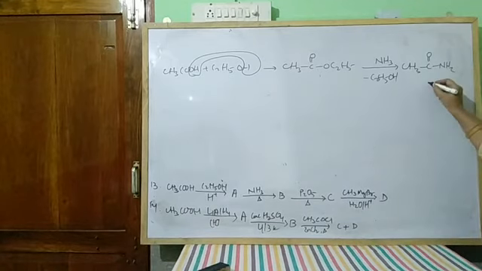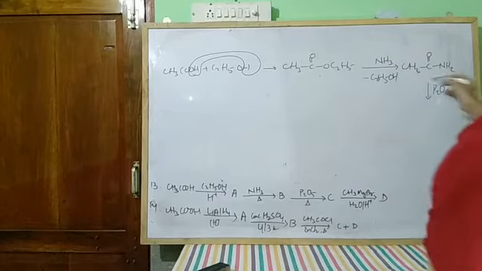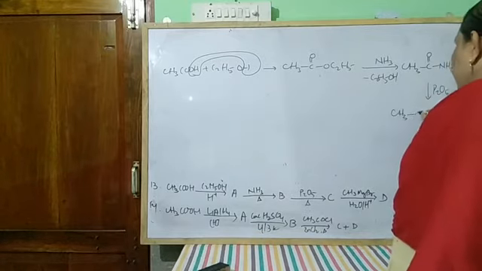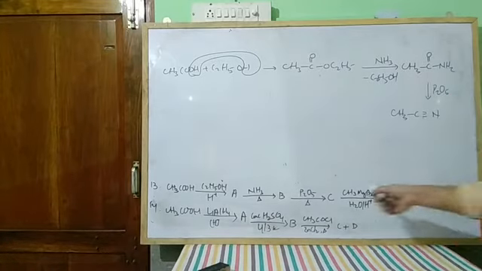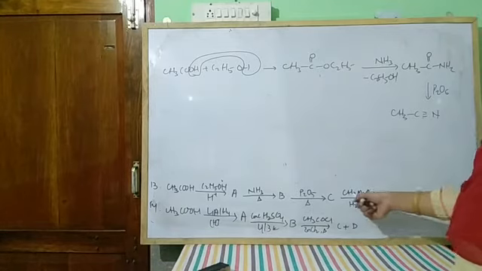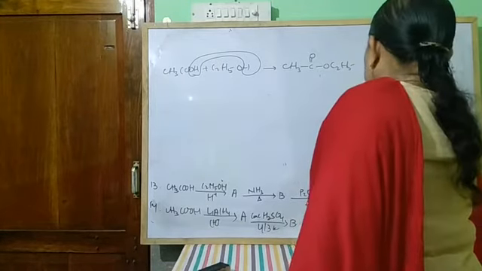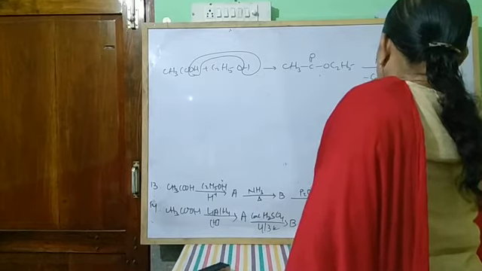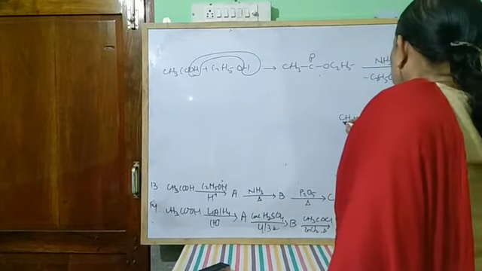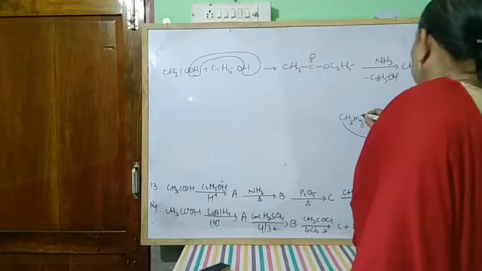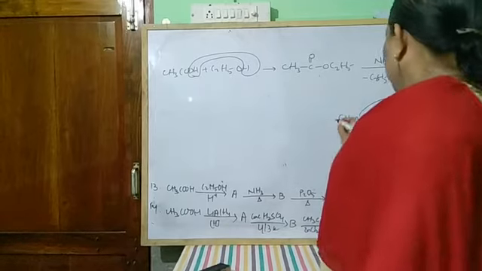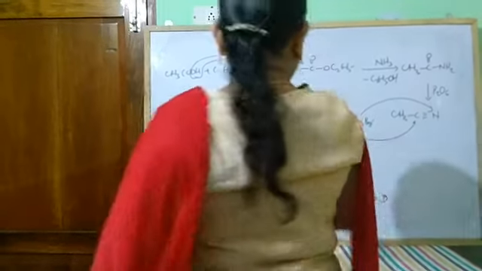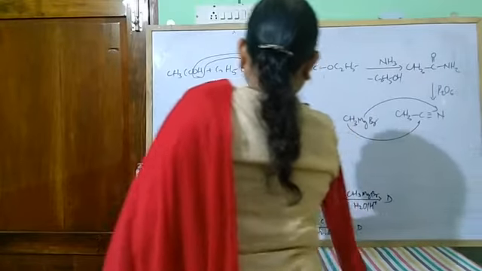and again amide when heated with phosphorus pentoxide, it forms cyanide. Methyl cyanide, and methyl cyanide when treated with the CH3MgBr Grignard's reagent. Here also bond breaking takes place. The CH3 group comes to here, magnesium comes towards nitrogen, and it will undergo hydrolysis. It forms an addition product which after hydrolysis forms acetone.